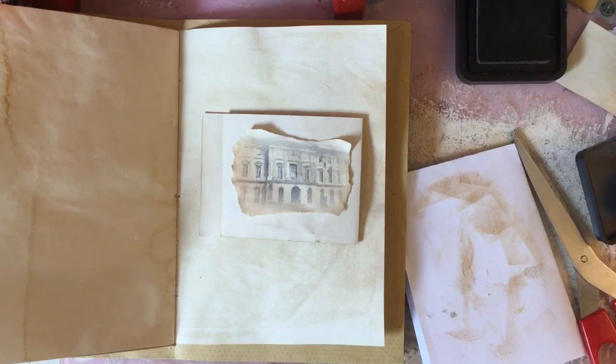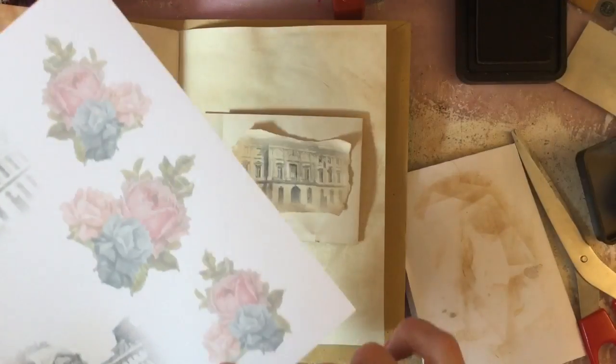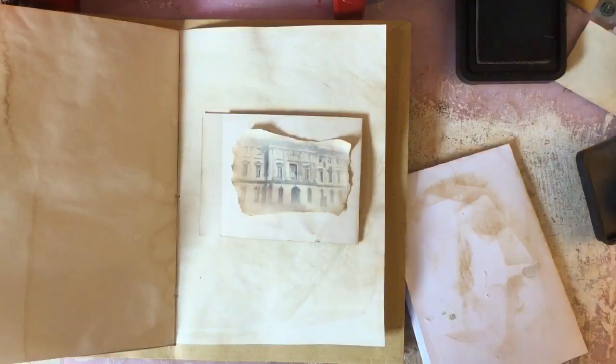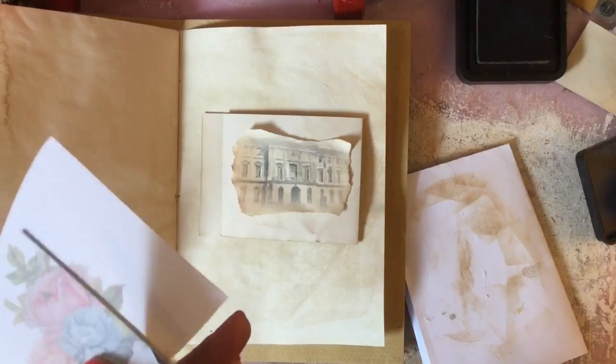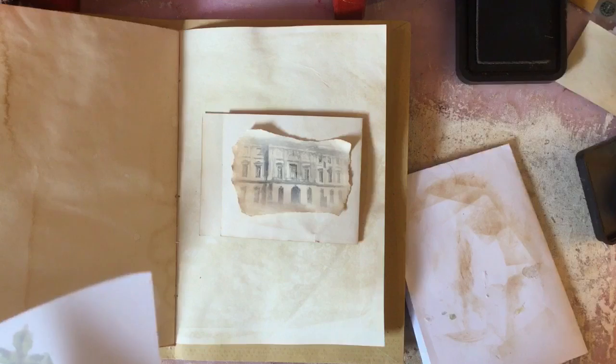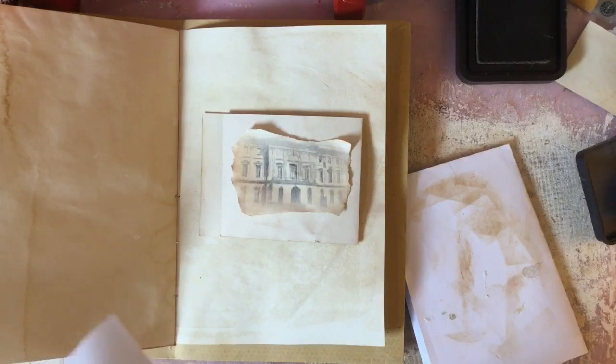And then what I'm going to do is just literally cut out something else to put with that. So I'm just going through the bunch of stuff that's beside me, trying to locate that page with the buildings, because that had a couple of roses on there. Oh, and now I can't find that page. Oh, come on, too many pages. Right, I wanted this page because it's got some smallish ones here. So all I'm going to do is literally take one of those, and I'm going to cut around it. So please excuse my cutting. Again, I'm still standing up and just rushing this, but